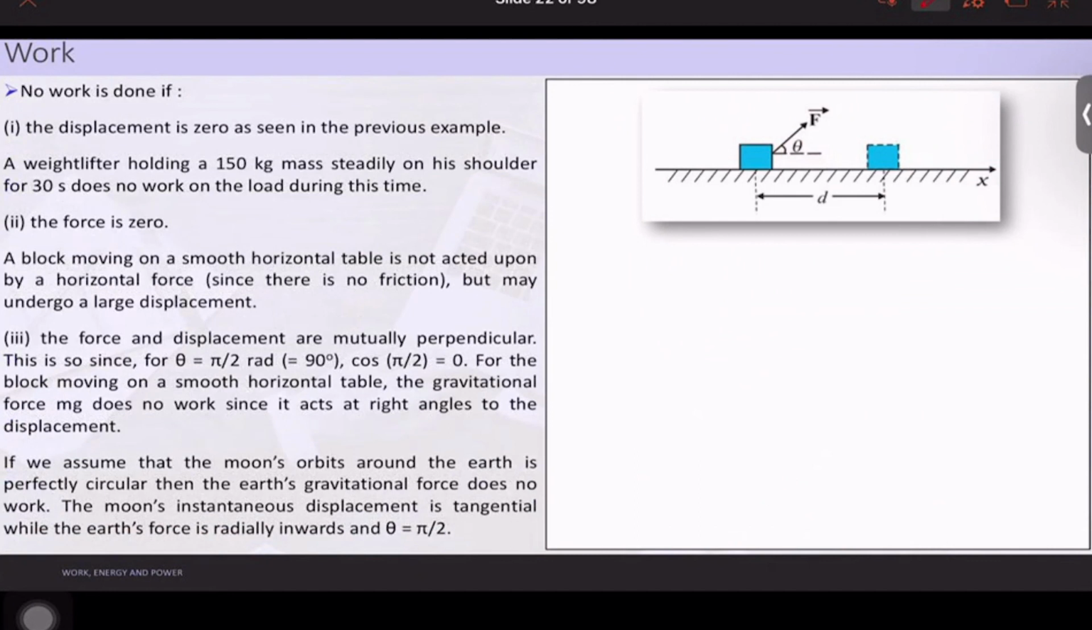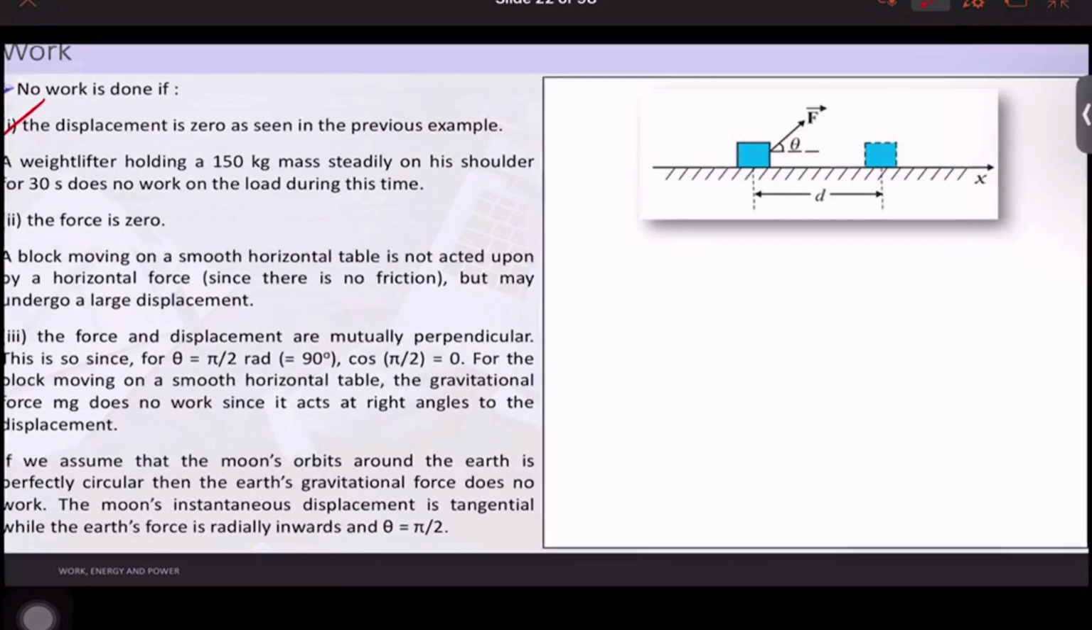So now there are basic instances to understand when we can say that no work is being done. First of all, no work done basically means that the displacement is 0, as seen in the previous example. In the previous example, the displacement was 0 as even if you try to push the wall, there is no displacement, and hence we can say that the work done is 0. Okay, so moving from this location, one more example is written here. Let us suppose